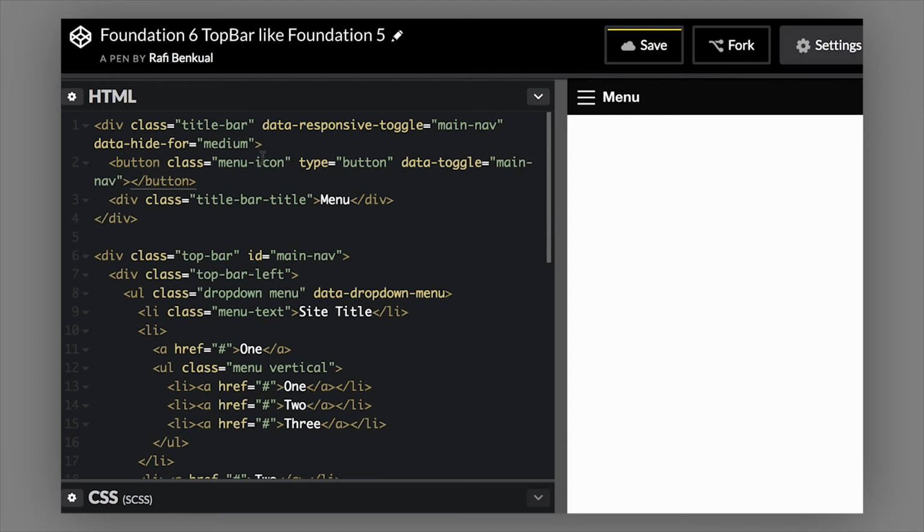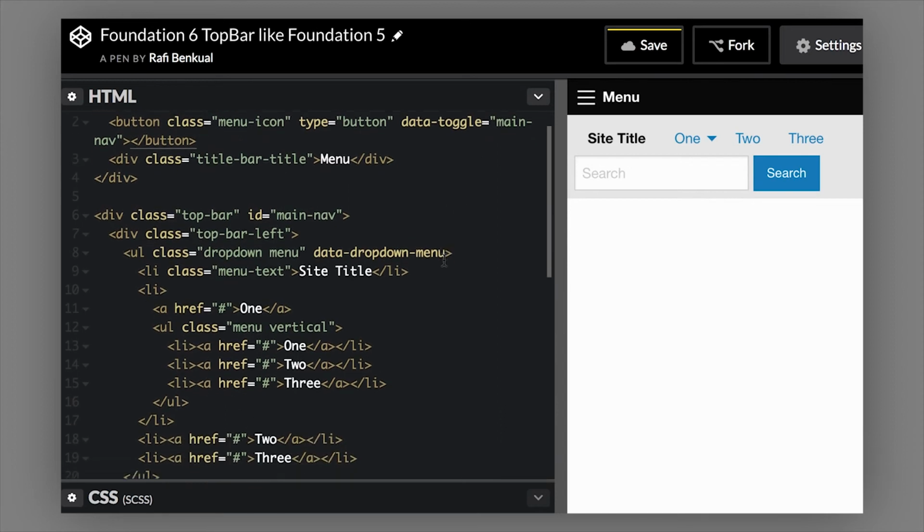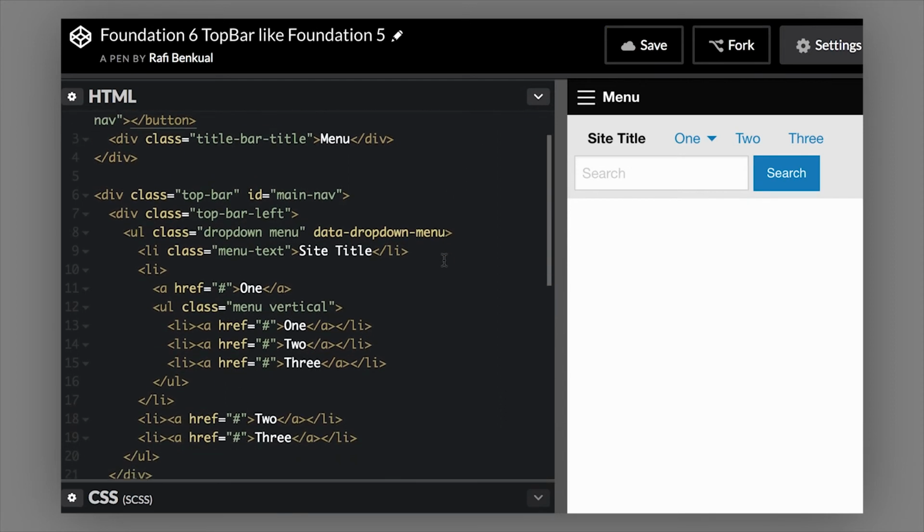So now that those IDs match, when we click this, we're opening up our top bar dropdown. Now you can see there's some setup here that we could do to make this more mobile friendly. So let's go ahead and do that. And I purposely left this example this way so I could show you how to configure this. So a couple things we need to do